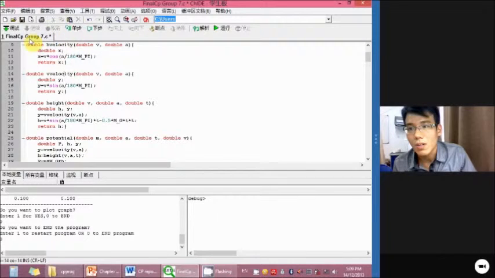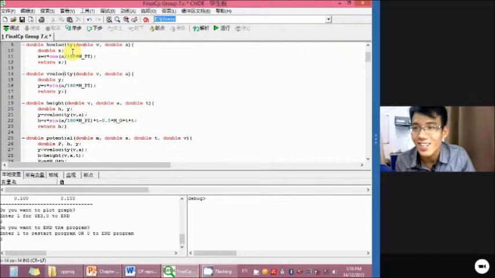For example, the answer will come out with decimal numbers. H velocity is the function. Double v and double a are the arguments, but they are in double, which means they are decimal numbers. This one, double s,